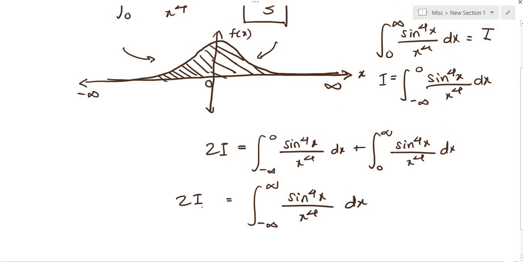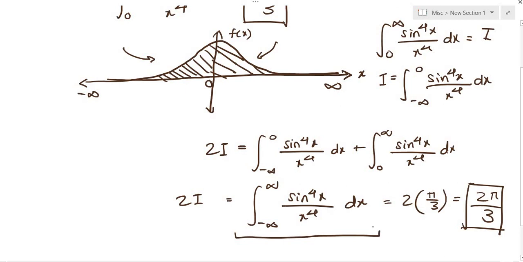And what's I? Pi over 3. So what's 2 times I? 2 times pi over 3. So 2 pi over 3. So that's what the integral over the entire negative infinity to infinity x region is: 2 pi over 3. So again a pretty neat result, very beautiful. We get the pi's just dropping in because of that sine of x over x form that I had demonstrated earlier.